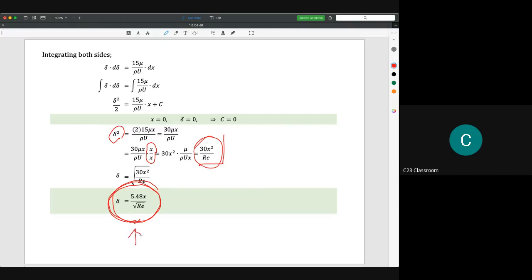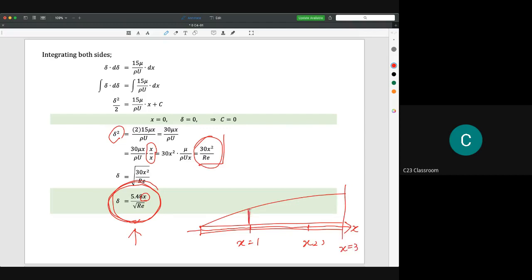So what this means is, for example, you have a plate like this, and then you have a boundary layer like this one. So the x here will reflect the length of the plate. So this is the x axis. For example, you have x equal to 1, and then x equal to 2, and then at the end here is x equal to 3. So if you want to measure the boundary layer thickness at this location, you just substitute